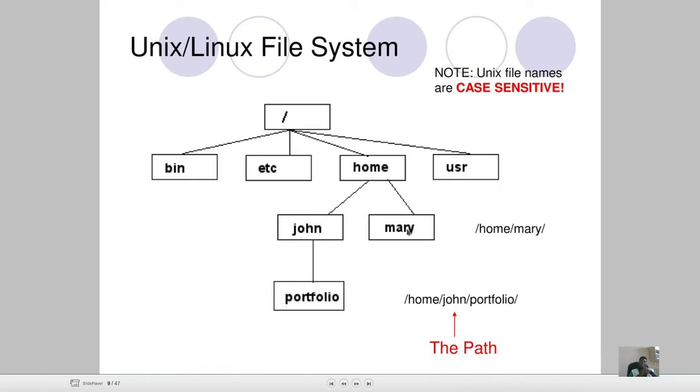Now, a good Linux system admin should know how to effectively configure the home directories for all the users within that home directory. And this is where most times you find problems. You find John sharing a file with Mary, and there are no proper permissions set on that file. Who owns the file? In terms of what the owner and the group the owner belongs to, as well as every other person who is not part of the group and not the owner, what they can do with that file. That's where